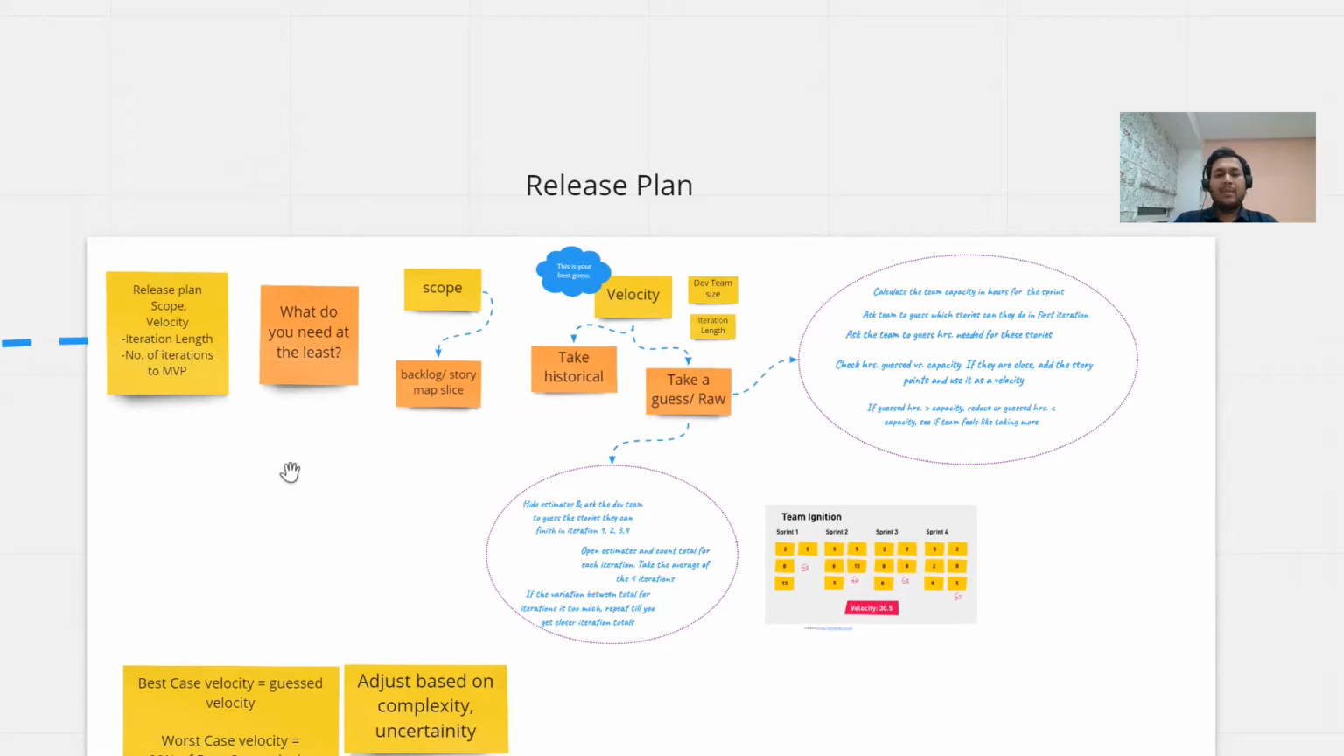Now there are multiple ways of calculating the initial velocity, but one thing that you have to remember in all those ways is that this is only a guess. This could be your best guess, but it is not the exact number. So if you've guessed something, you've derived something, and if you are not able to meet it, there's no big deal about it. If your teams have worked together already, then take their historical velocity and use it